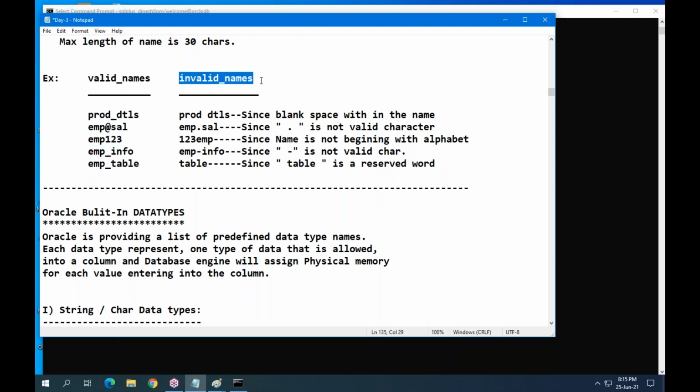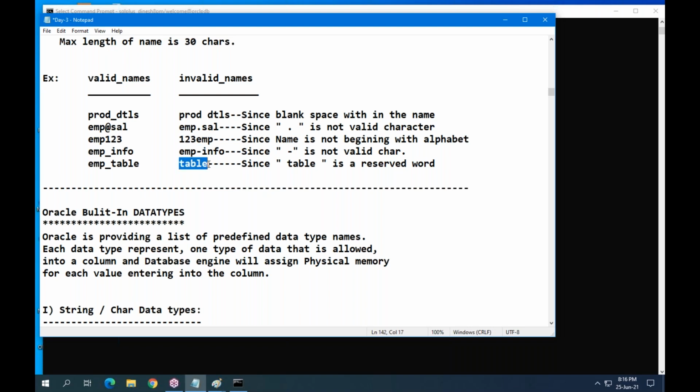Here are invalid names. Here you have a space, invalid. Dot is not valid in the name. This one begins with a digit. The name should begin with an alphabet. Here hyphen is not valid.